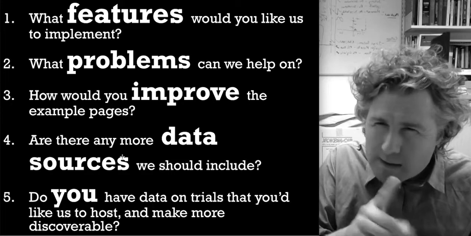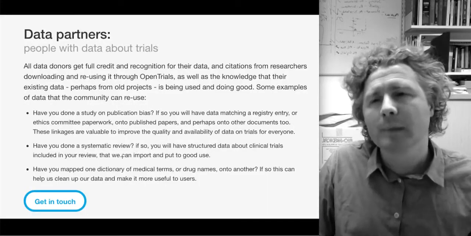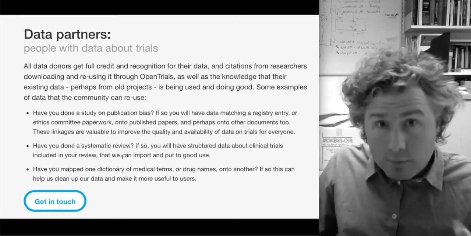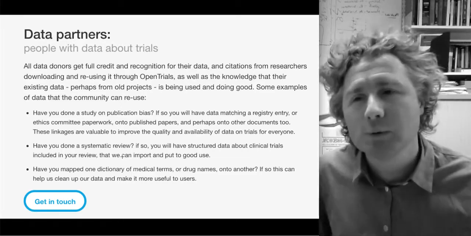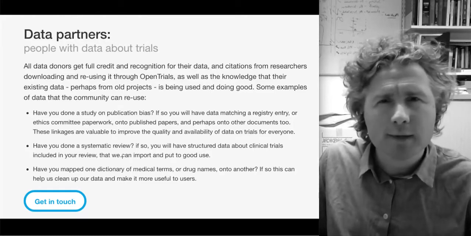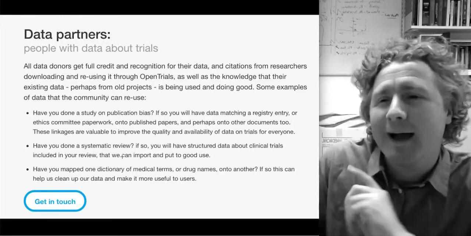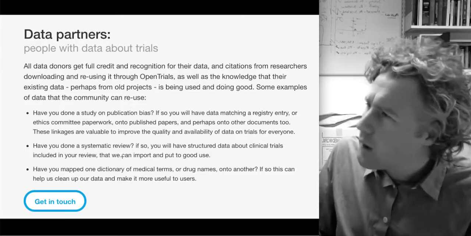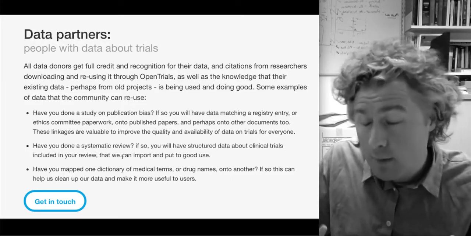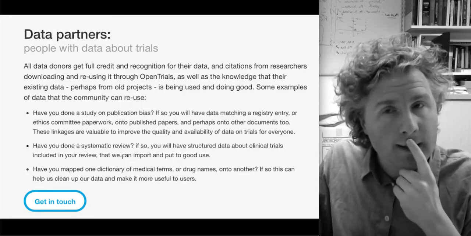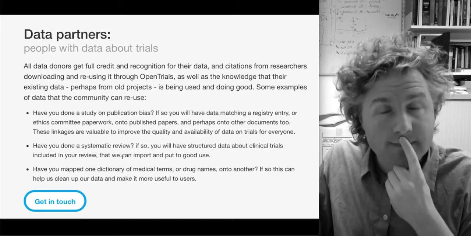So next, just to expand on some of those a little bit, this is from the pages of opentrials.net, different ways of working with us if you'd like to, and I really hope that you will want to. It feels funny talking at such length about something alone in your room at your computer. Anyway, firstly, data partners. I used to think that sort of thing was cheesy, but I have to say this is a really big collaboration of a lot of people, and I think the phrase stands up.